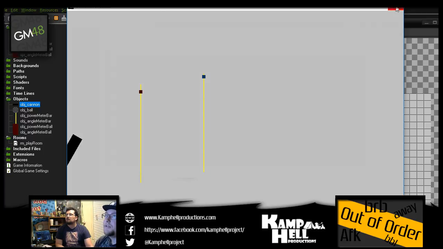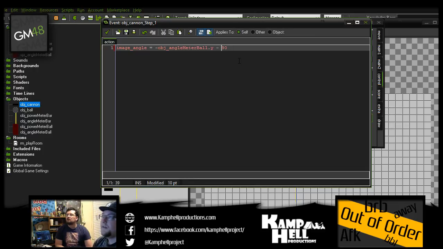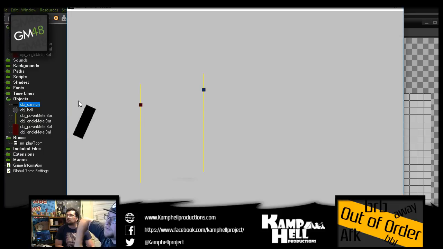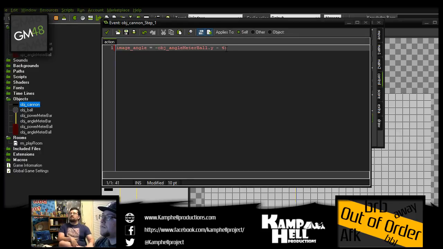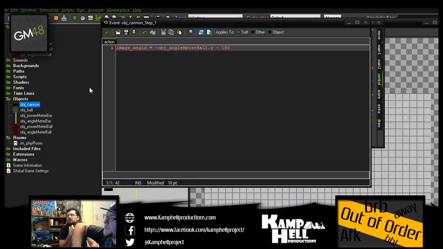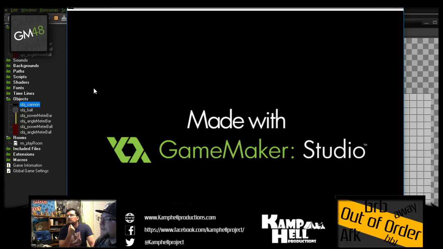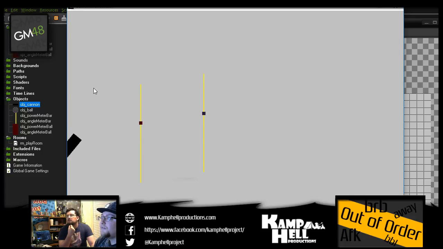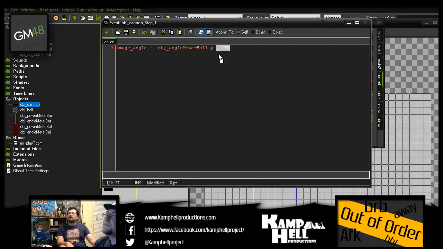Making a little progress. Let's do minus 45. So it should go minus 45. It'll push it back, right? So it should go like this. Okay, no, it still looks like it actually does a full circle. What about just for the shits and giggles 180? Because it looks like it's doing a full 180. So minus 180. Okay, it's not doing a full 180, but it still looks like it's